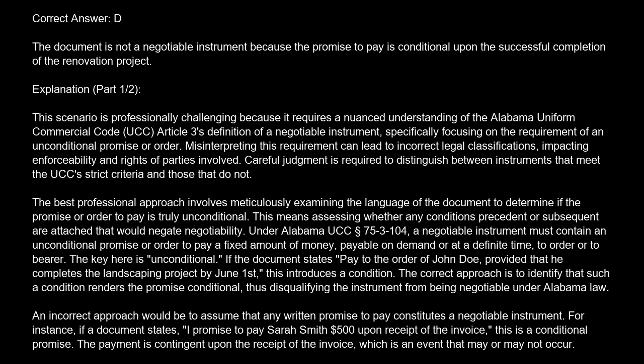The key here is unconditional. If the document states pay to the order of John Doe, provided that he completes the landscaping project by June 1st, this introduces a condition. The correct approach is to identify that such a condition renders the promise conditional, thus disqualifying the instrument from being negotiable under Alabama law. An incorrect approach would be to assume that any written promise to pay constitutes a negotiable